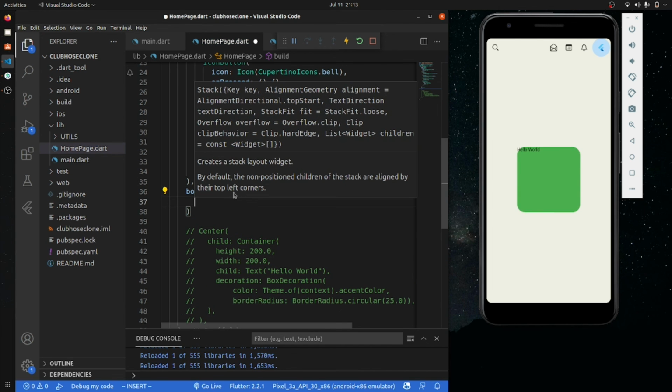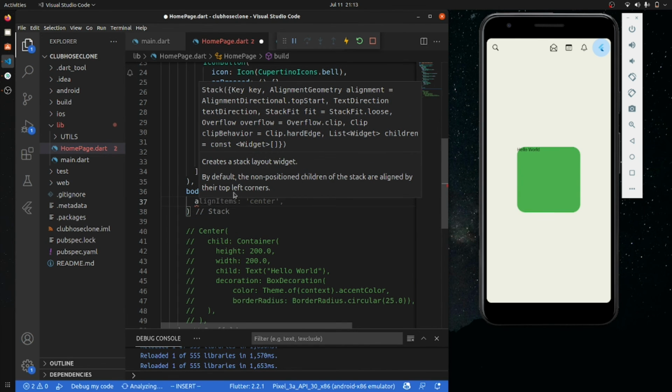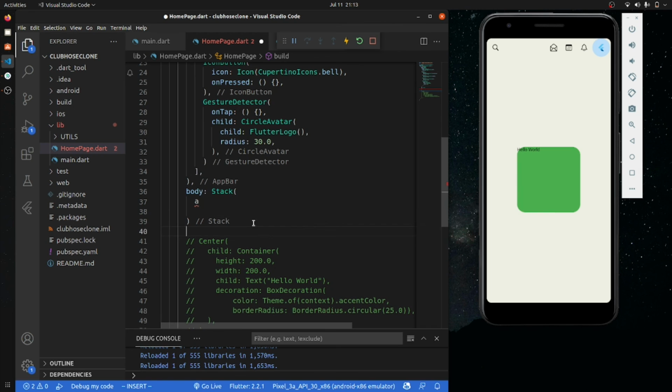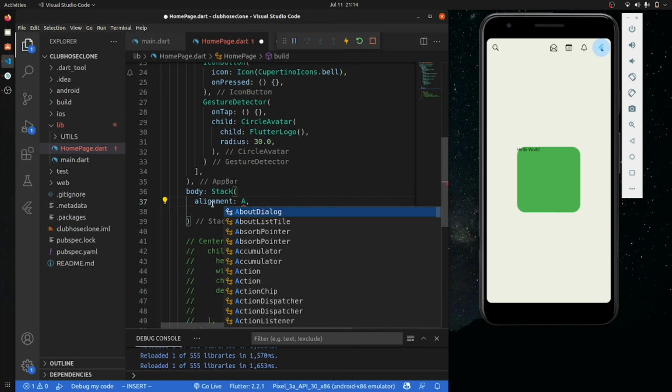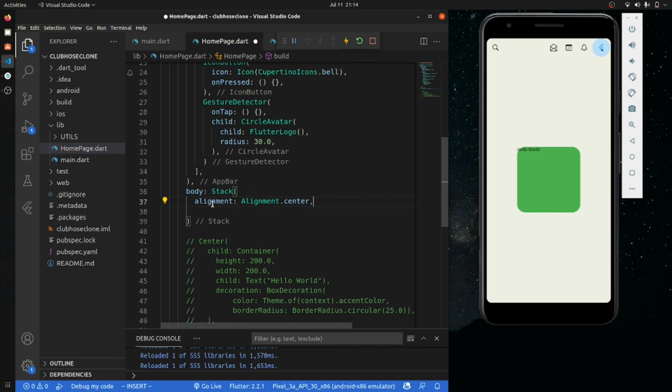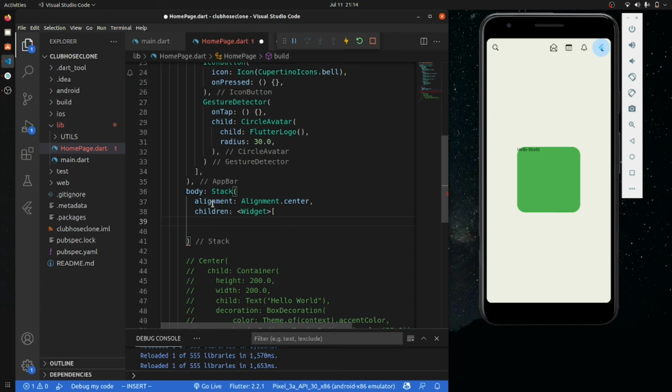Inside this Stack, firstly we will set the alignment as center, because everything is in center alignment, Alignment.center. And after that we will set the children widgets, and inside this children we will create the button.